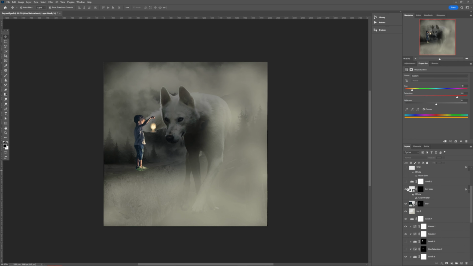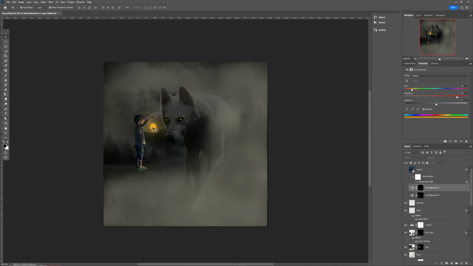And once we've done that, we go ahead and light up this lamp right here and put some light effect to the lamp. The eyes of this wolf, we go ahead and make it more scary just like this. And once we've done that, we'll go ahead and add level adjustment to reduce the highlight of everything just like this. Since there's a light here, we need to add the light reflection into the face of this wolf, and